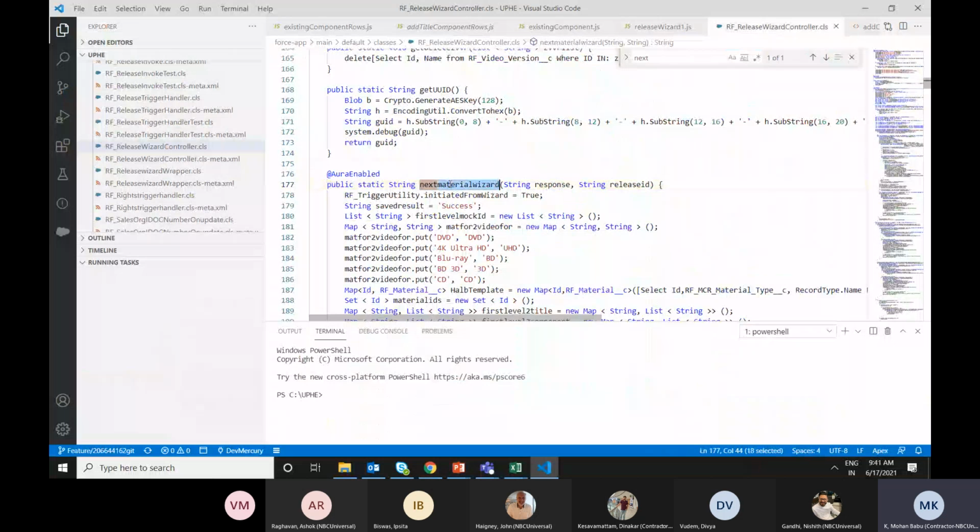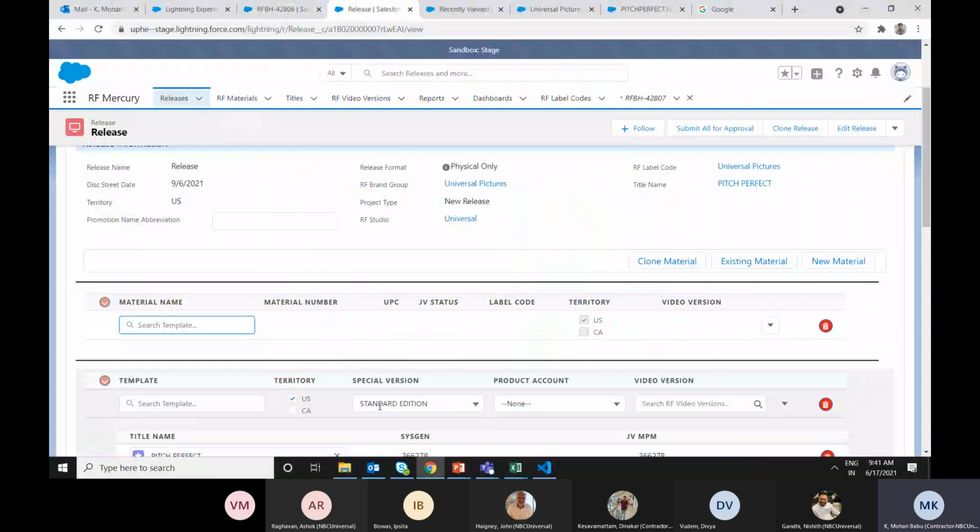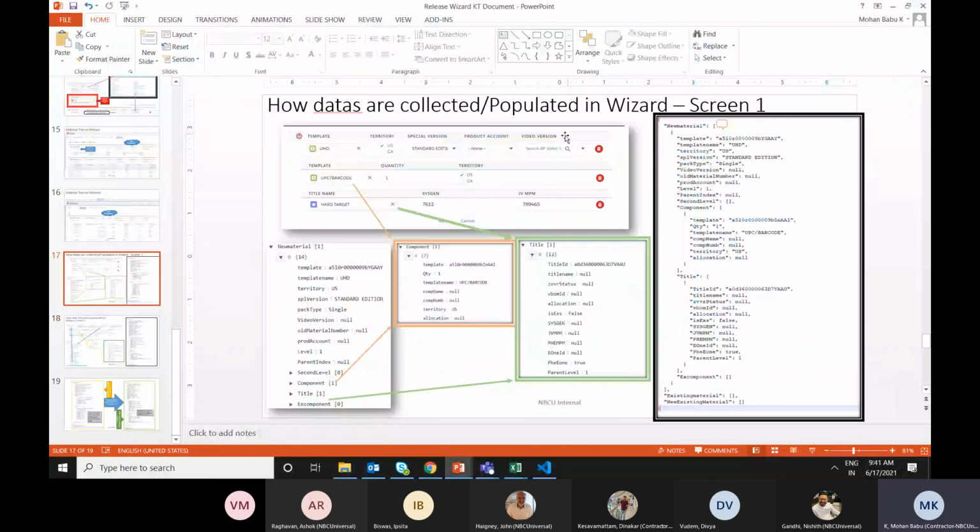Okay, and we are passing the collected variables as a string. So the variables collected from screen one, this detail we are passing here as a string, and we are also passing the release ID.